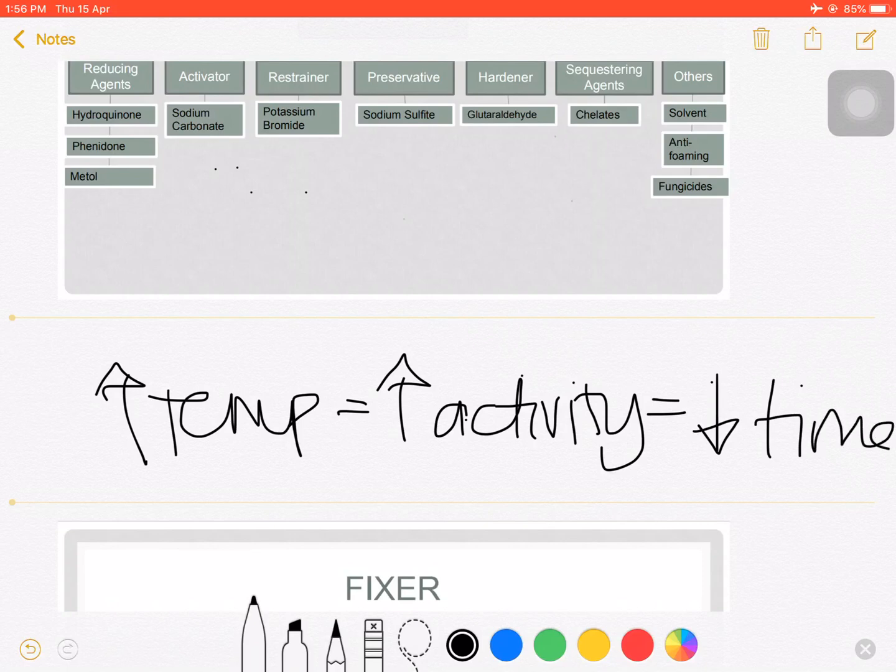Okay? So, kapag ang ating developer solution ay oxidized na, kumbaga tumanda na siya, the activity will decrease, therefore our developing time will increase kapag oxidized or kapag mababa ang temperature ng ating developer solution. Okay? So, it's very important na every day, every morning, magkaroon tayo ng chart sa ating department to check the temperature of our solutions para alam natin kung mag-adjust ba tayo ng developing time or kung kailangan nating i-agitate yung ating developer solution para ma-maintain natin yung temperature niya. Alright? So, if you